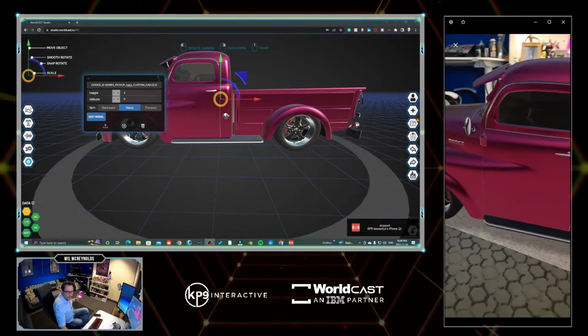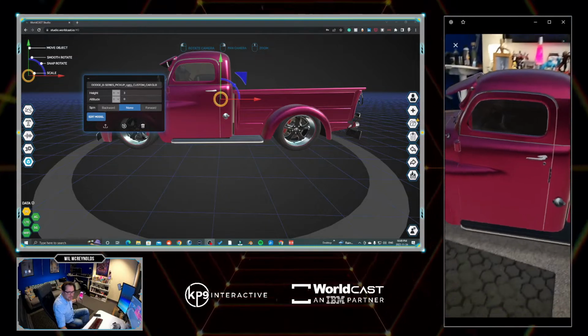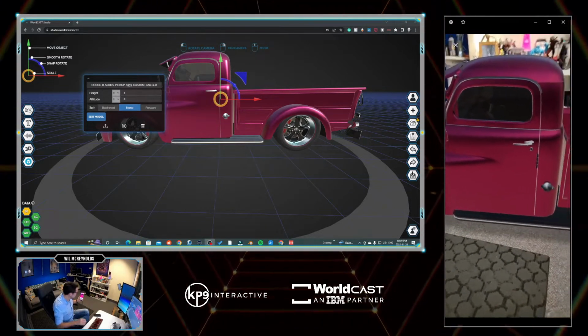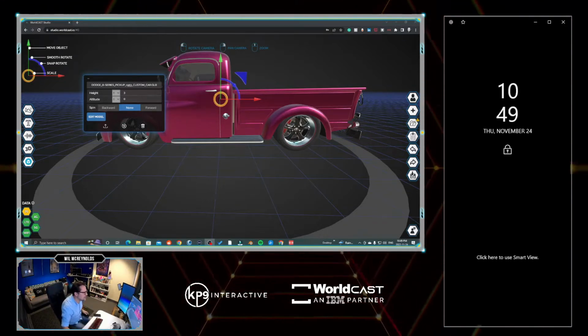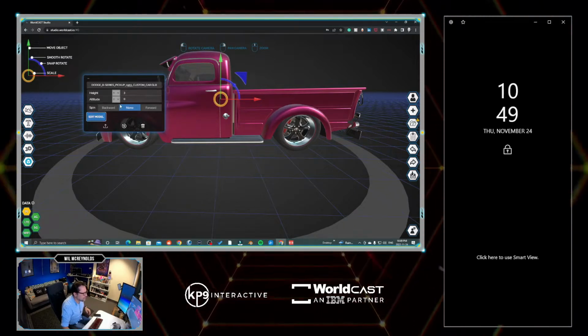All right. What I'm going to show you today is how you can make models more shiny right inside WorldCAST without having any 3D modeling knowledge at all. So let's do this. Once you have your object in WorldCAST, all you have to do is make sure the object is selected, go Edit Model,